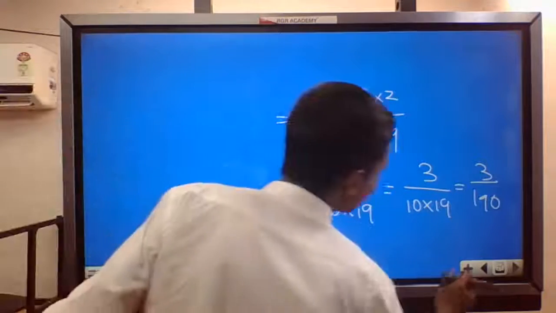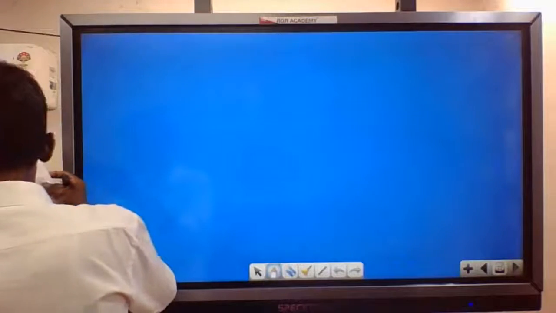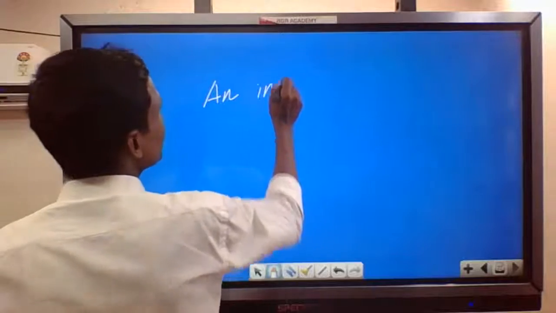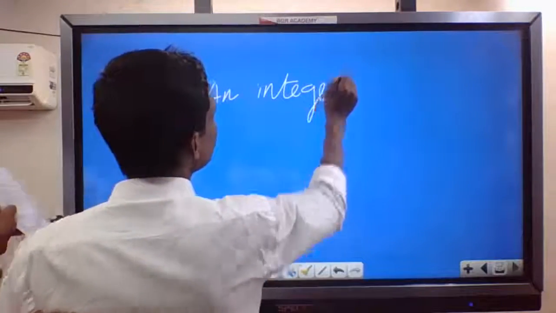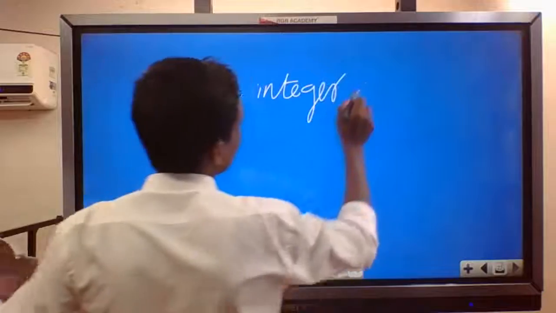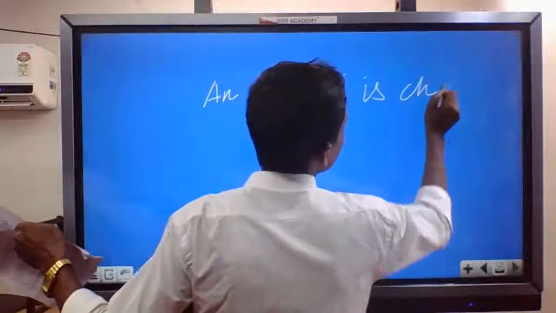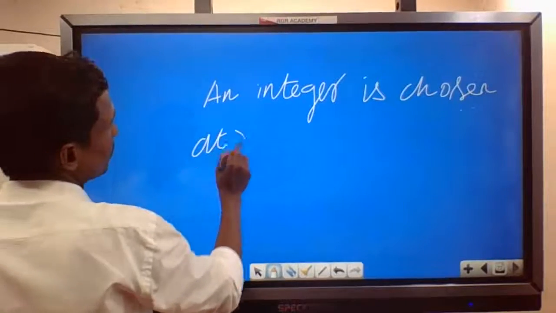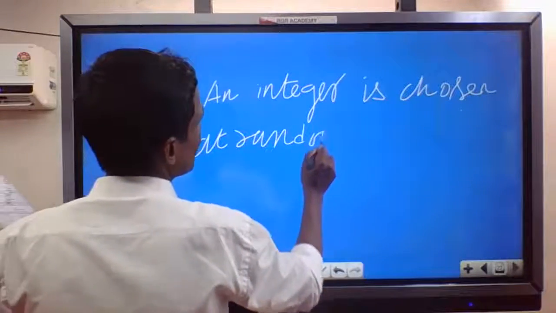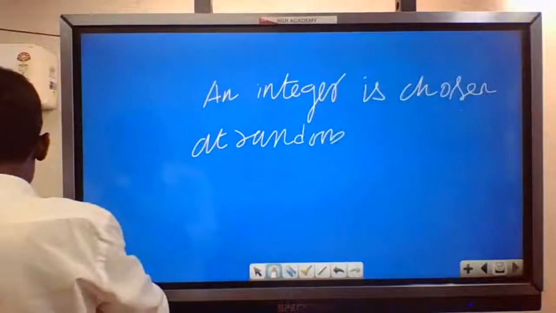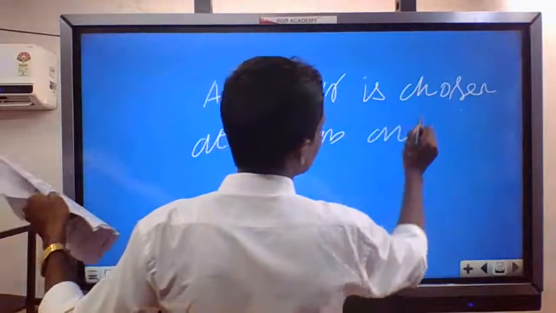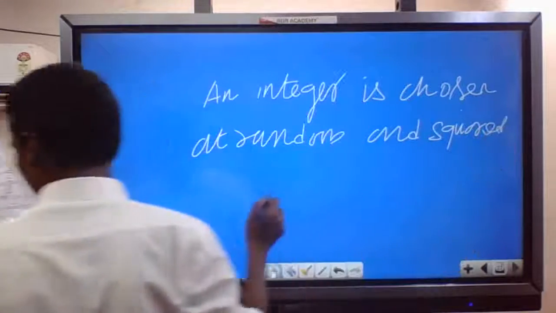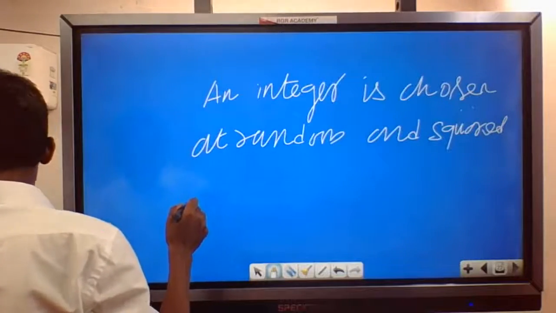The next problem: an integer is chosen at random and squared. The probability that